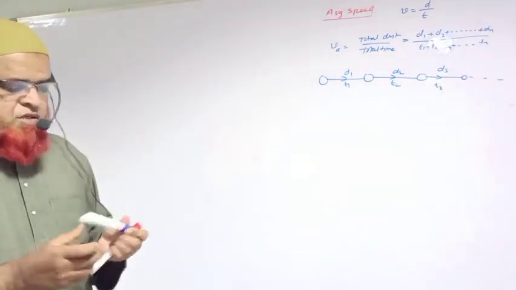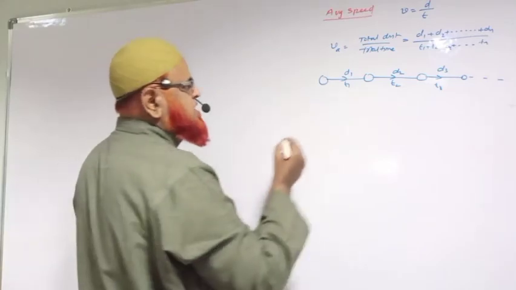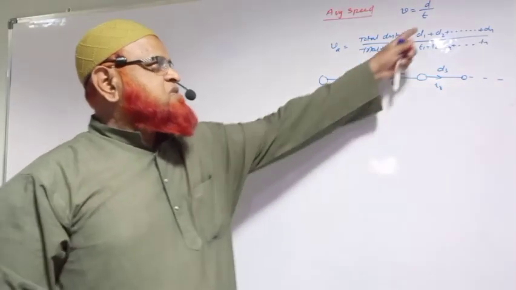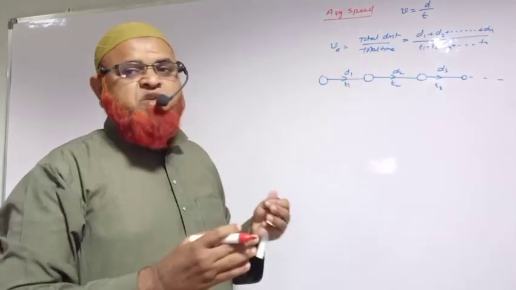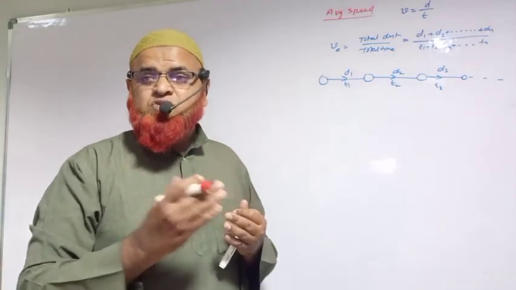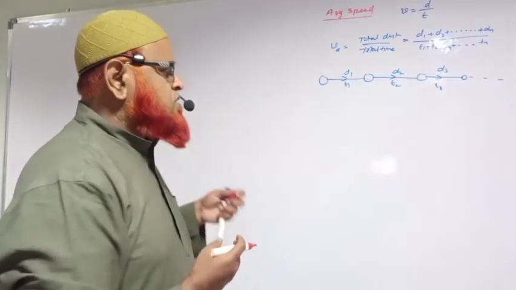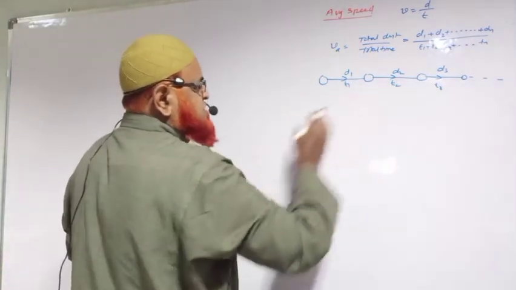Okay. So now, what is the general formula here in this case? This is the general formula for average speed. Speed means distance by time. Average speed means total distance traveled by total time taken in each and every step here. Okay, so now this is the basic formula, basic definition.